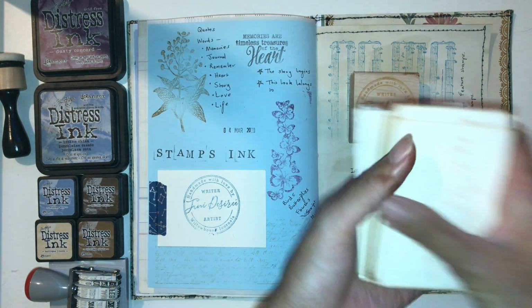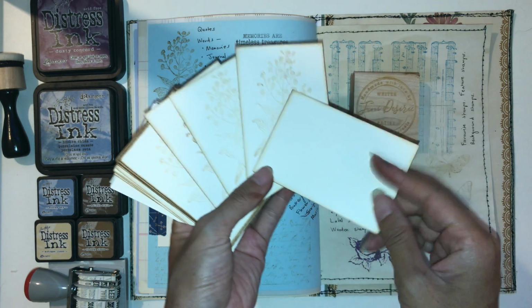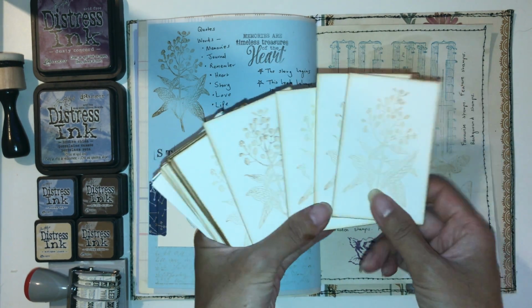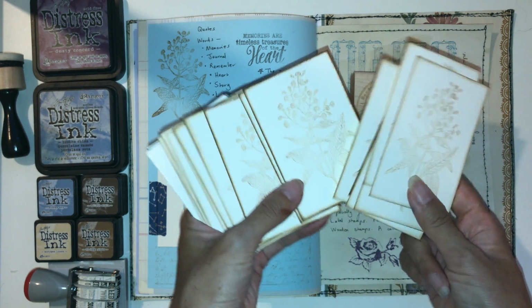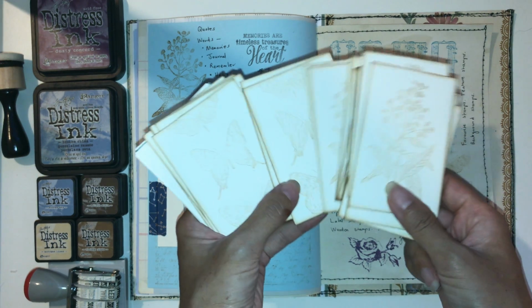And then here I was getting into the groove, so I had all my stamps out and I was like, let's make some journal cards. So I've distressed around the outside edges, and done a decorative stamp on the front. So yes, I do things in bulk because I make lots of journals, and I've got a whole bunch of